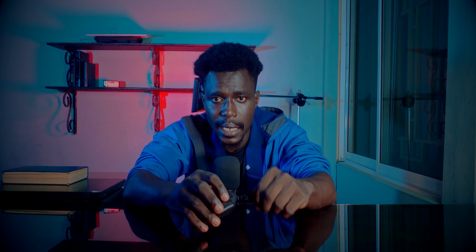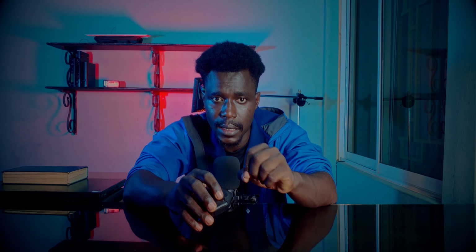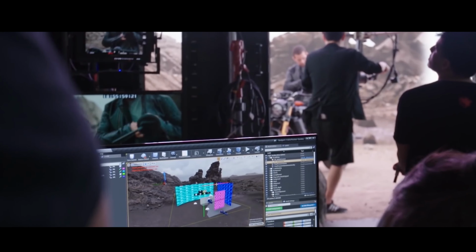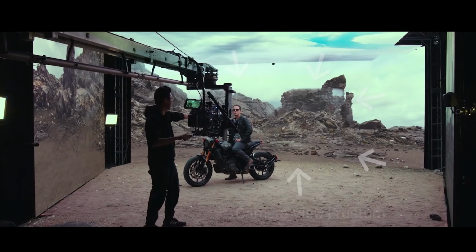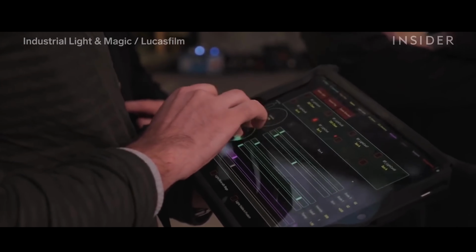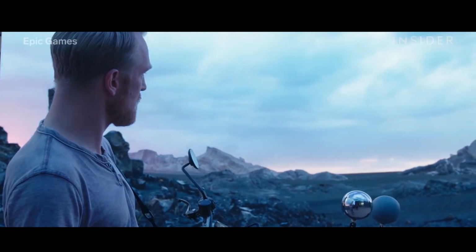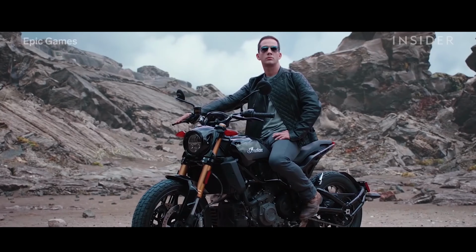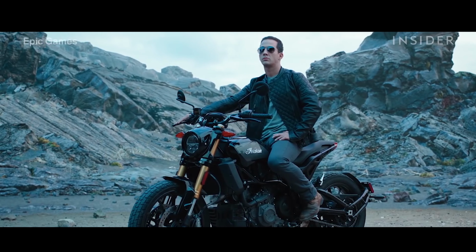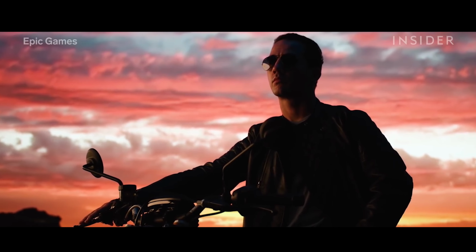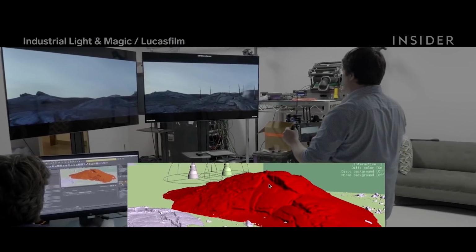Now, the reason behind using LED stage is really simple. With the LED stage, you are able to adjust a lot of things in real time, especially lighting. Now, the main software they use for this type of production is Unreal Engine. Usually after shooting, if you want to change the color of the sky or location of the sun, you have to edit it after and wouldn't be able to see the result until the next day. But with Unreal, the artist is able to adjust the lighting in real time and play around with different color